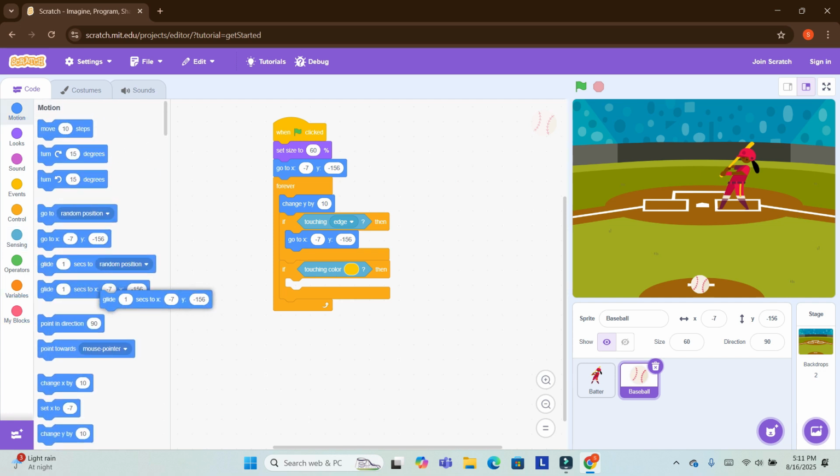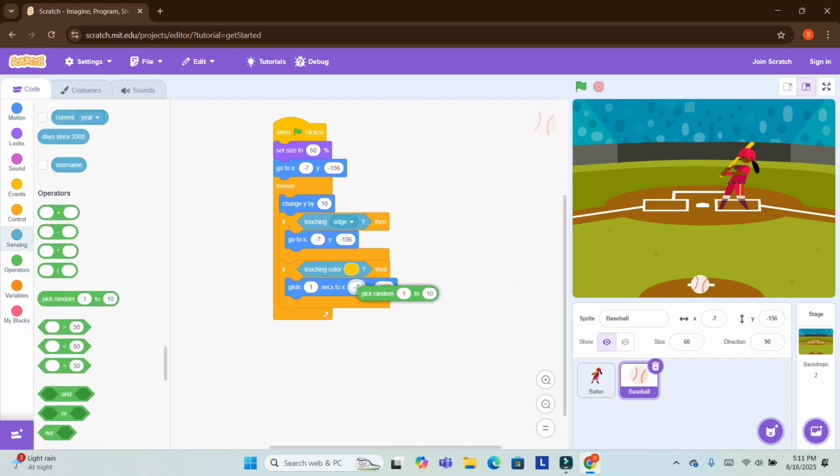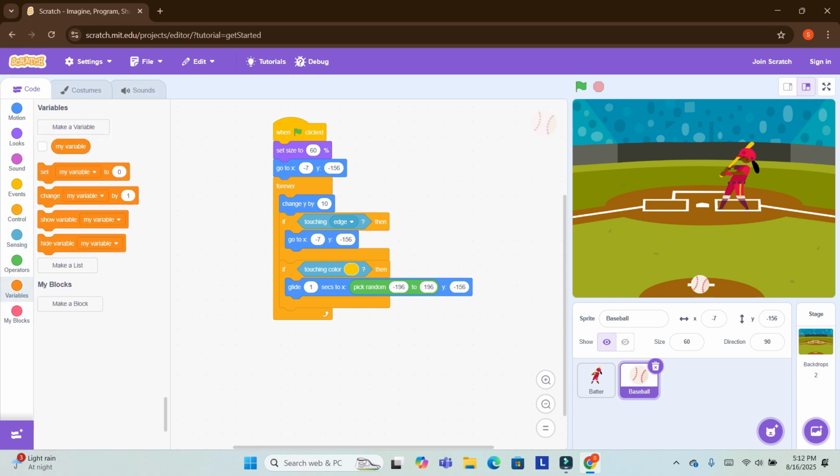I will take glide 1 secs to x, y, and now go to Operators. Now I will take pick random, and now here minus 196, and there also 196 but positive. And now I will go to Variables.